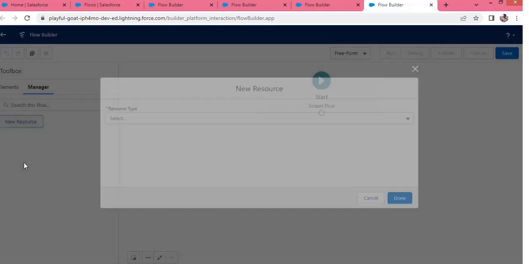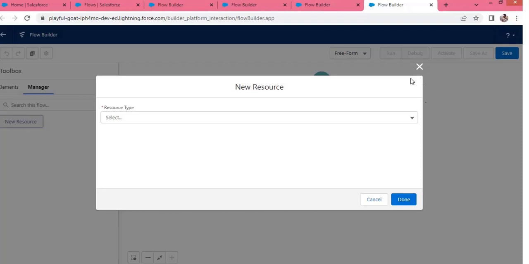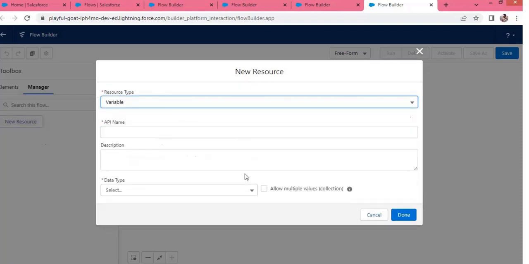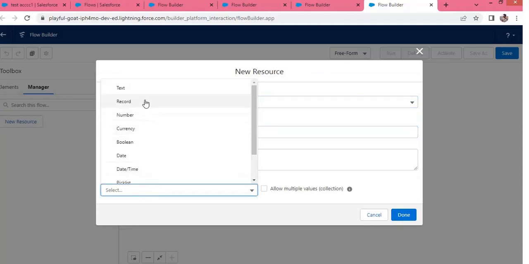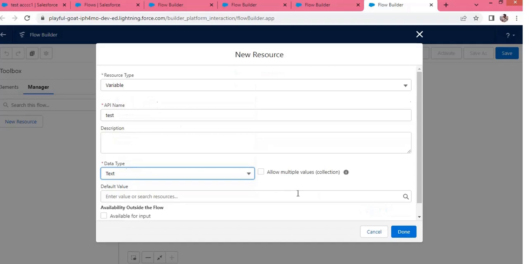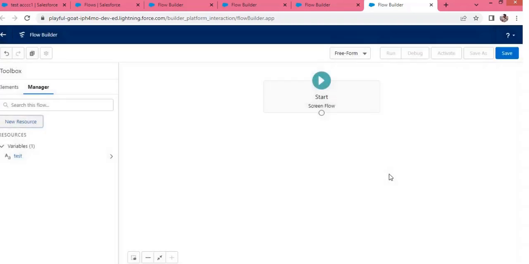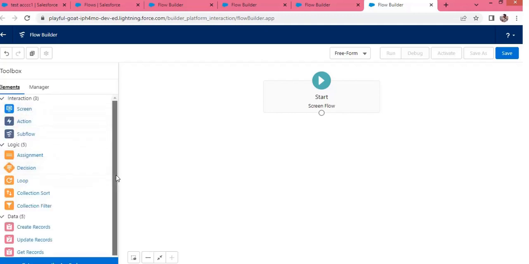Through manager you can create new resources, and once you create a resource, that will come here. For example, let me create a variable. Let's name it test, and then we select the data type as text, and then we just save it. As you could see, whenever we create resources, they come here in the resources list. And there are elements, and as you could see, elements are divided into various categories: